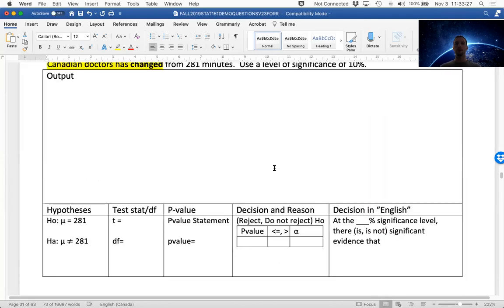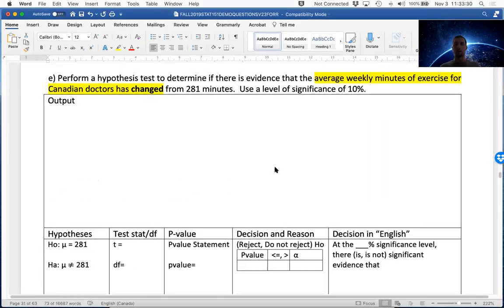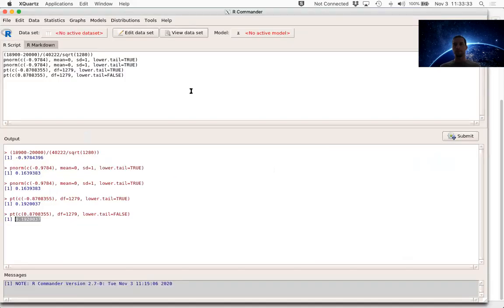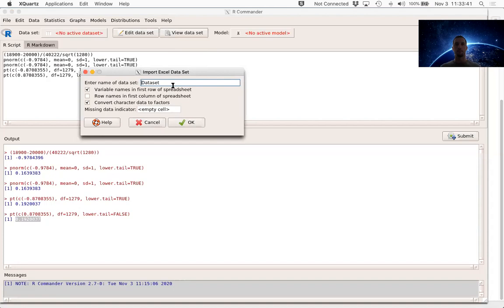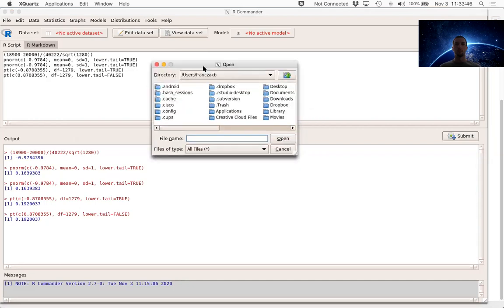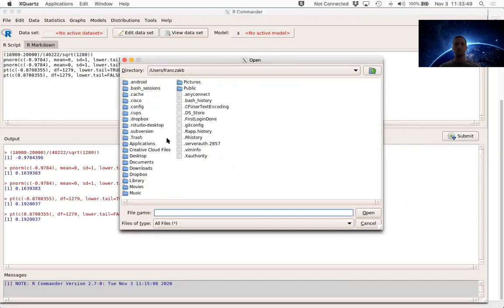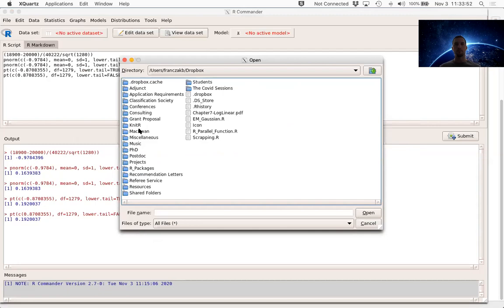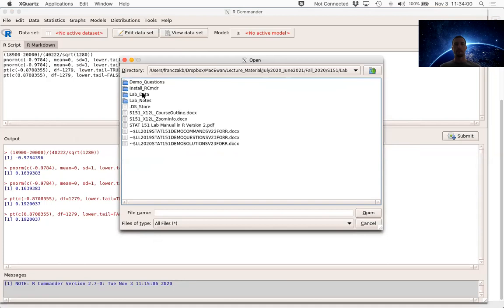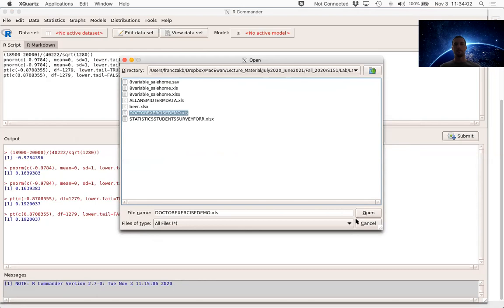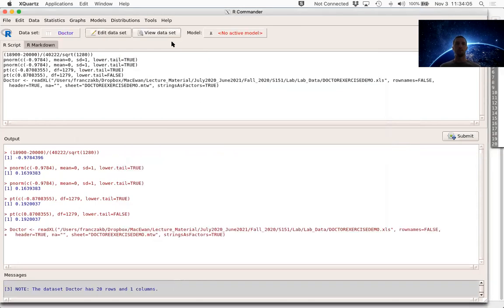So to construct the hypothesis test using Rcmdr, the first thing we have to do is import the data. So data, import from Excel. This is going to be the doctor data. Right? And now we have to locate the data on our machine. And here it is. Okay, so if we view this data set,